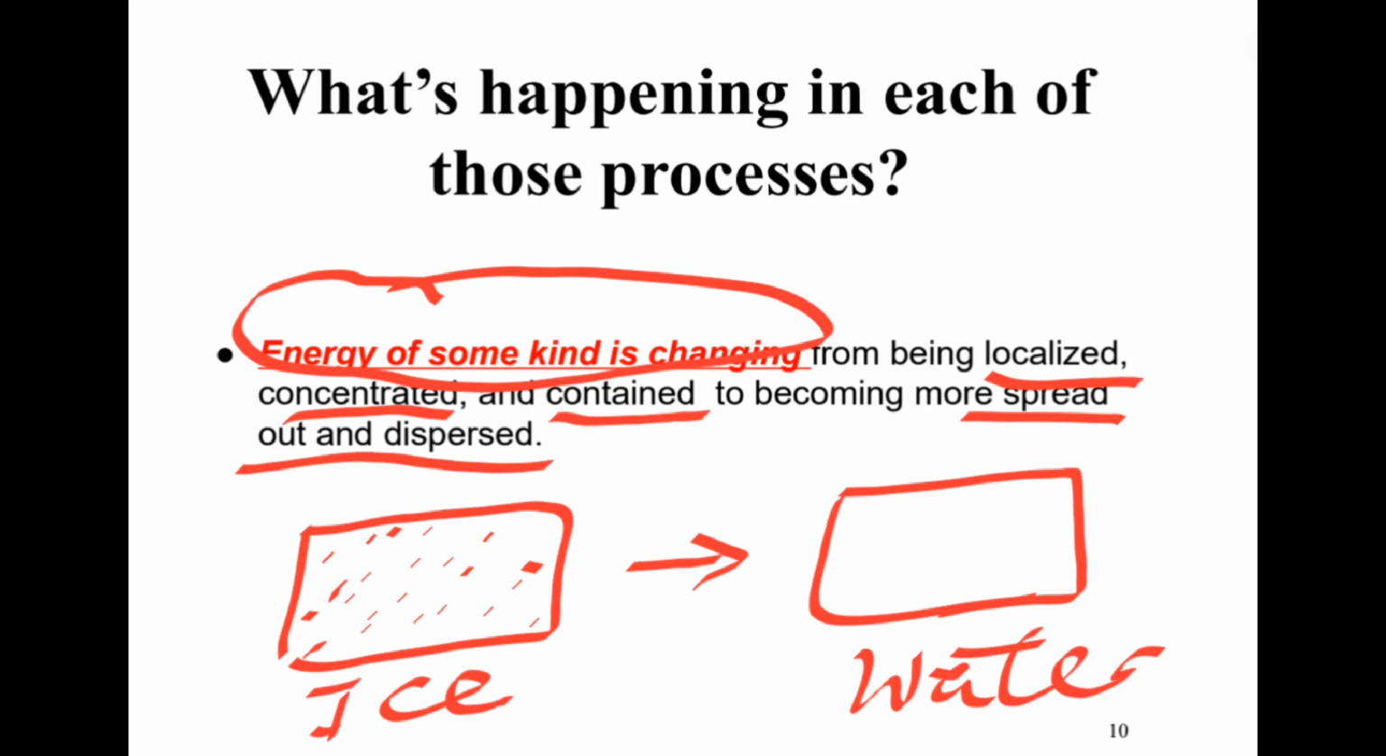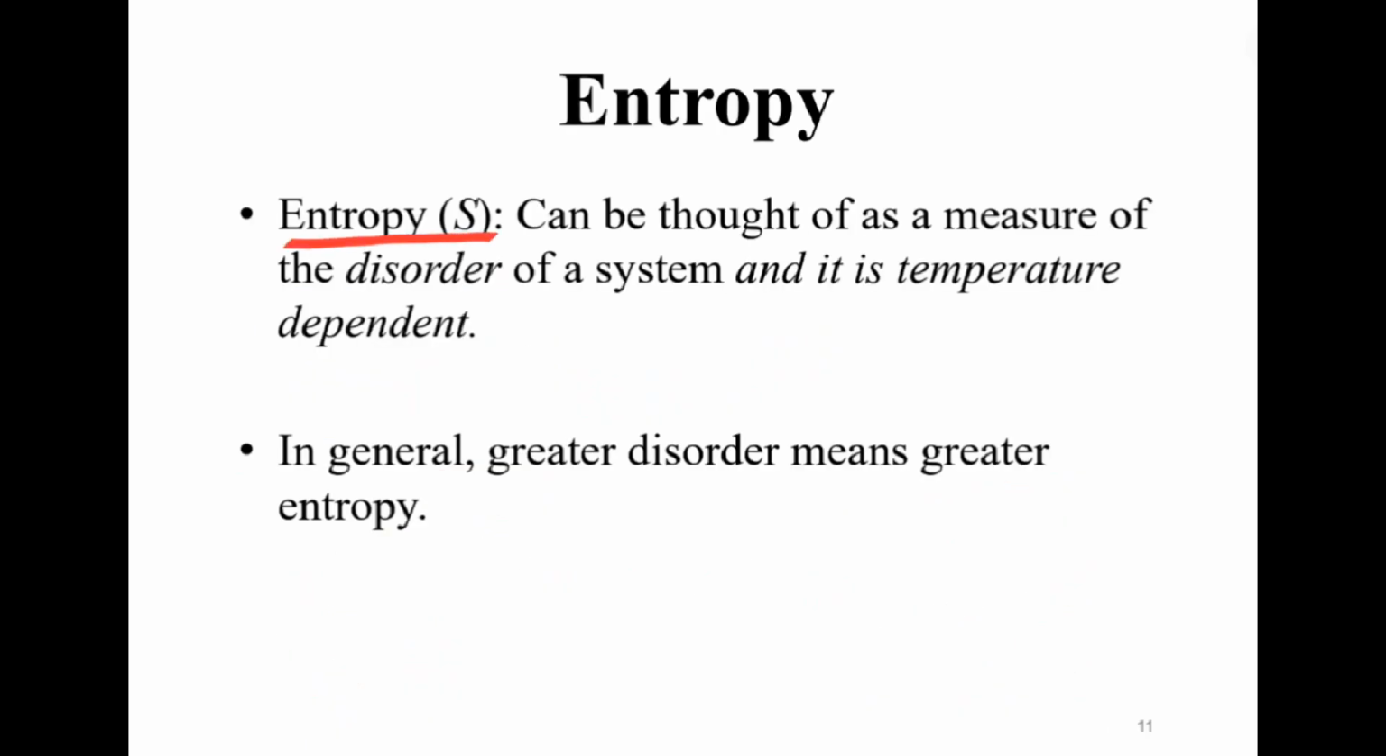The particles are very close to each other, whereas in water the particles are far apart relative to those particles in ice. So here they were localized, very concentrated and contained, gathered together, whereas now when it melts, it is changing from being gathered in one area to a dispersed and spread out state. So entropy is designated by capital S. It can be thought of as a measure